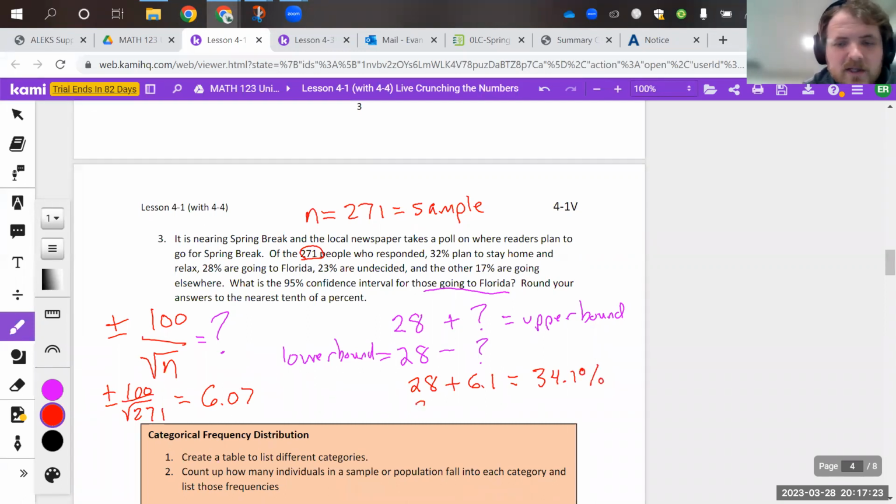And then the lower bound will be, when I subtract those, I get 21.9%. So sometimes they use parentheses or another way to talk about it. So specifically,